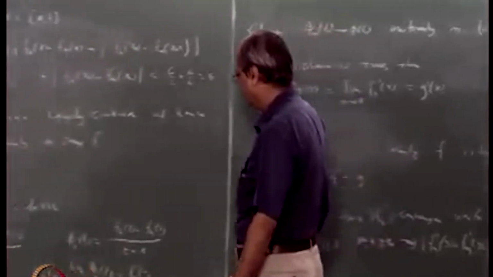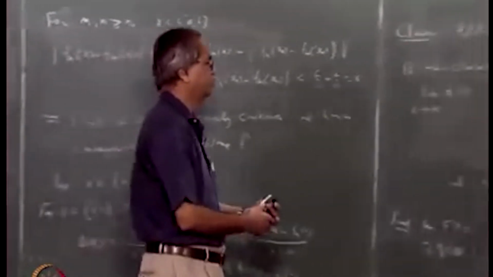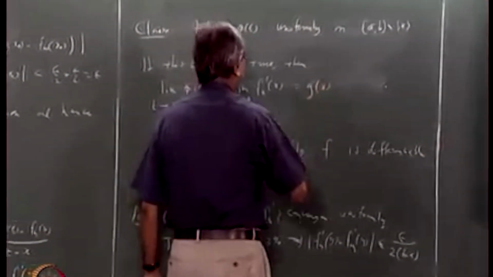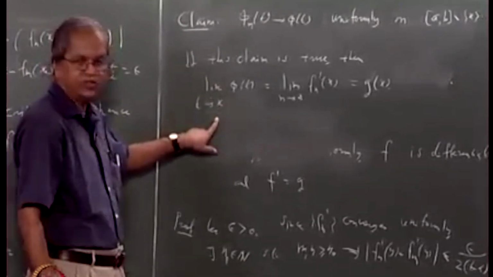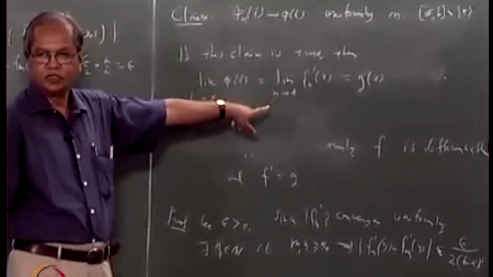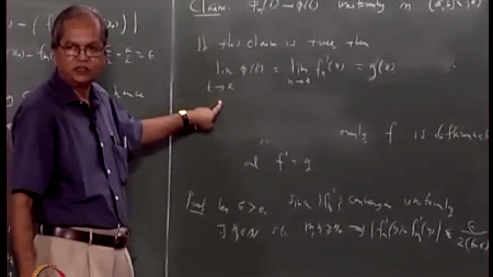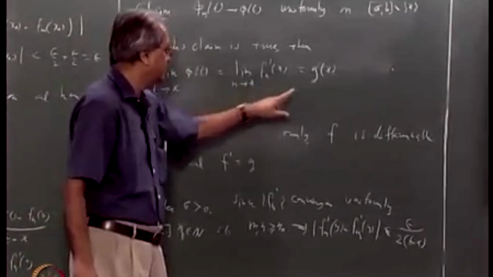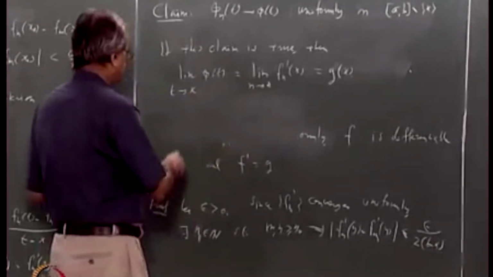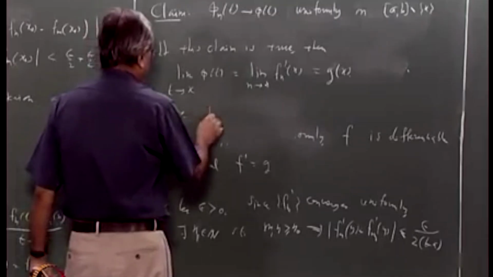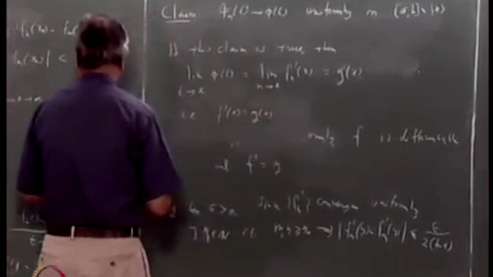Okay. Right hand side is nothing but G prime x. Sorry, G of x. I am sorry, you are right. It is nothing but G of x. And so what it says is that this limit exists, and that limit is same as G of x, which is same as saying that f is differentiable. Saying that this limit exists is same as saying that f is differentiable, and that limit is same as G of x, is saying this, that f prime x is equal to G of x.